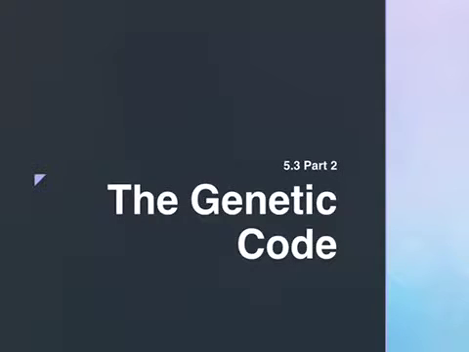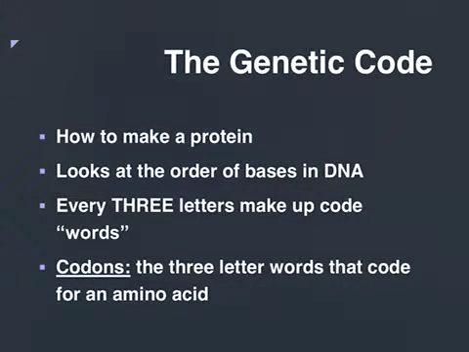Now we're going to look at how the code from DNA will make a protein. And so the genetic code is the basic instructions of how to make a protein. And what we're going to look at is the order of bases in DNA. And every 3 letters, or every 3 bases